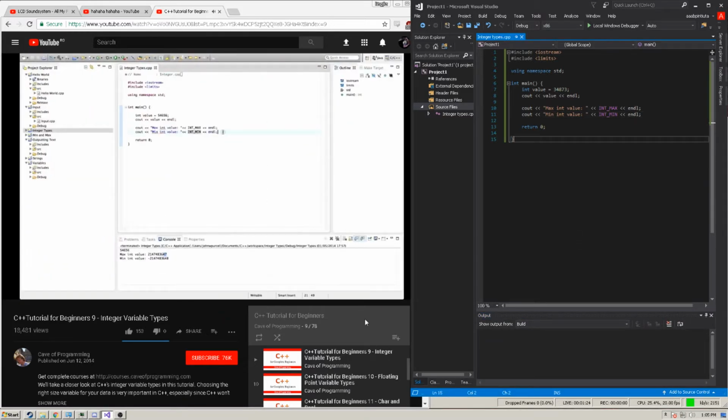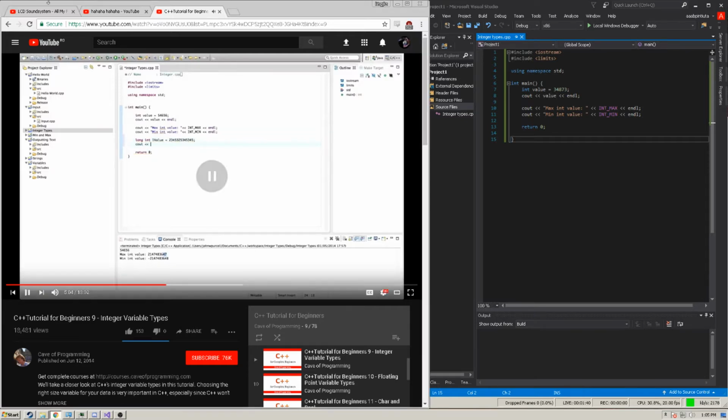So what if you want a bigger integer? Well, you can change int by typing long. You can say long int. Let's call this L value equals some huge value that would not fit in an integer, and let's do cout,